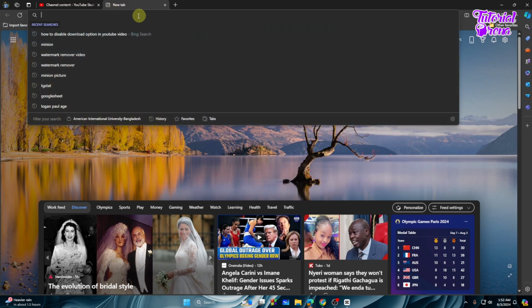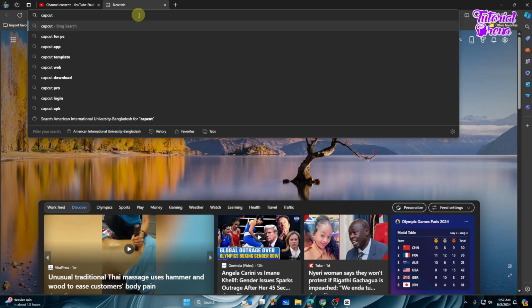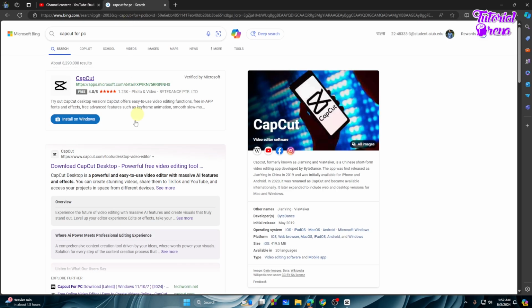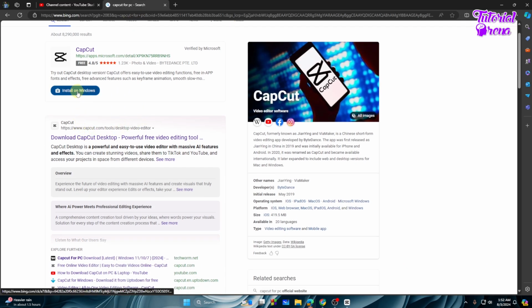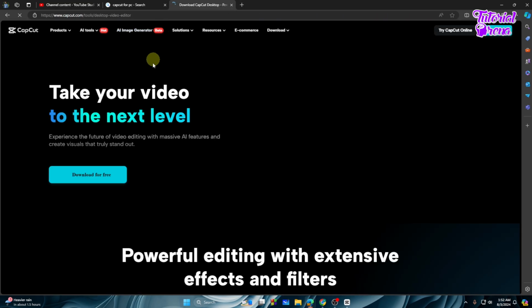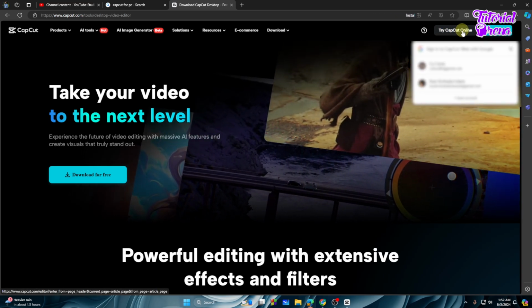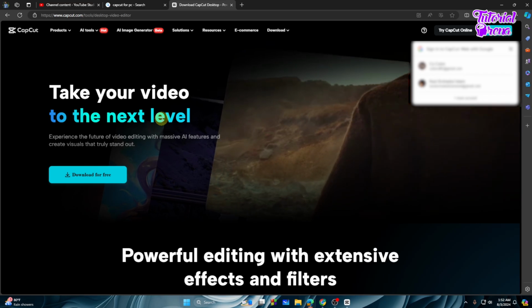Let's go to your browser and search for CapCut for PC. From here you will get a link to install it on Windows. Rather than that, you can also use the online version. As you can see, I can try CapCut online, but I suggest you download